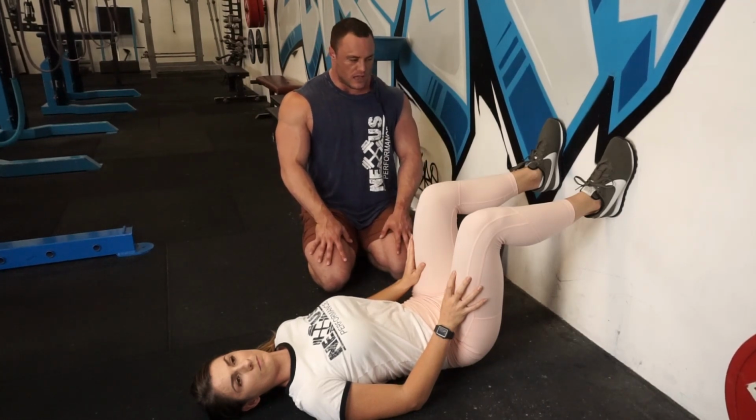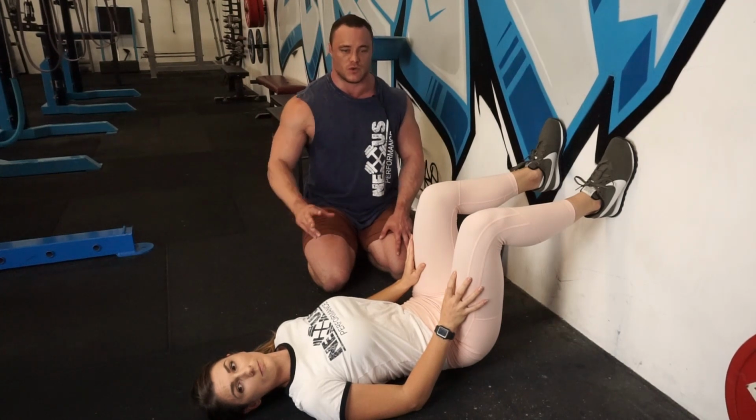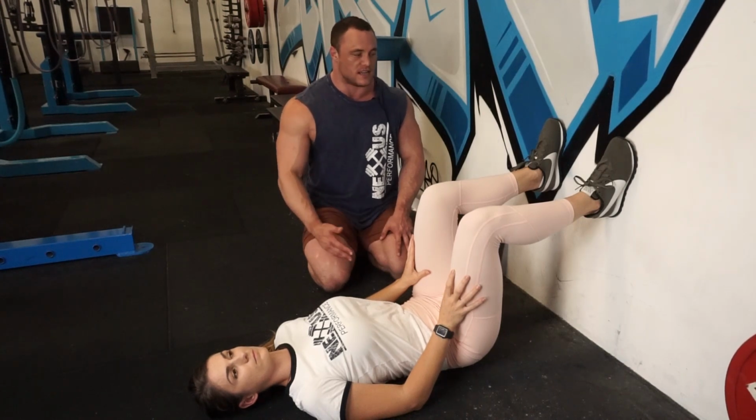So I'll just take us through it. This is, like I said, the most regressed version, the most simplified version of this. There are many progressions to it that get us closer back towards hip extension, but this is where I would always start, and it's also